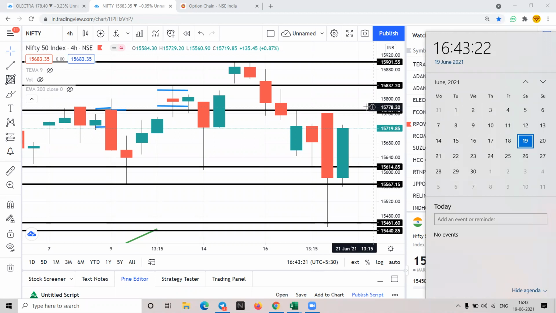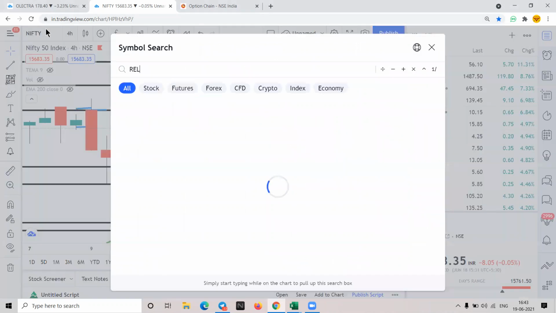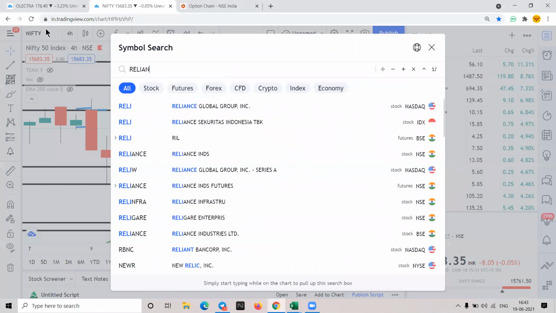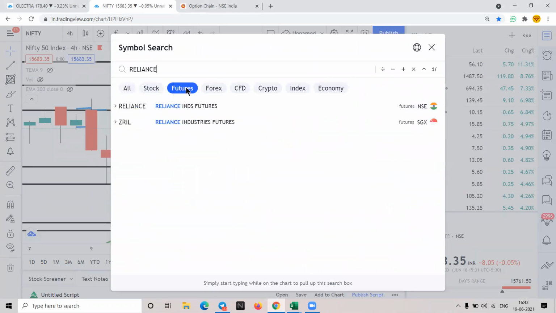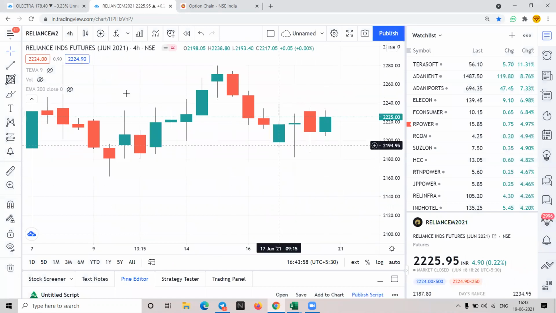What the catch in futures is that, see, the price of, let's say, Reliance. If you just see Reliance, if I click on this futures, can you see here June, July, August, 3 months are there? Can you see it? Yes, sir. So you have 3 months contracts and you can enter in this. And what is happening here? If I just select July, this is the June contract of Reliance.